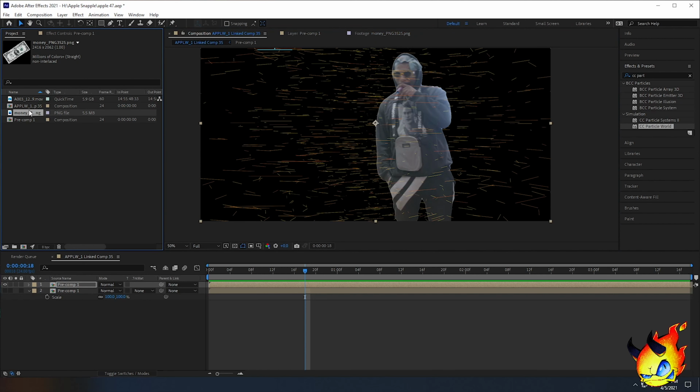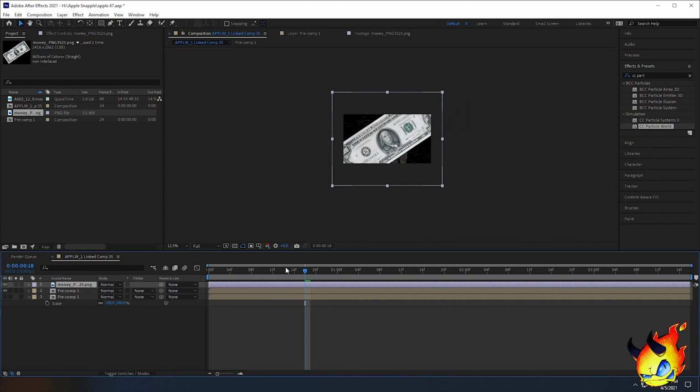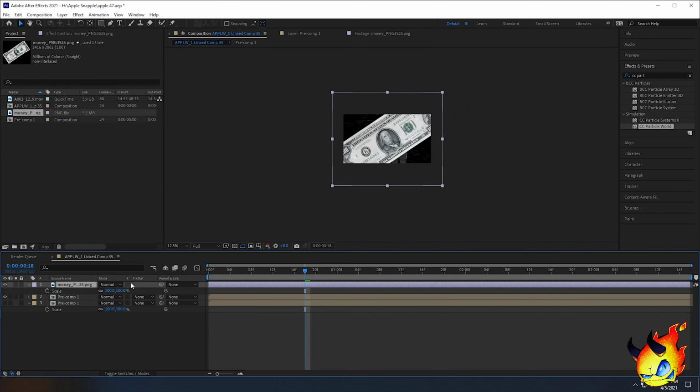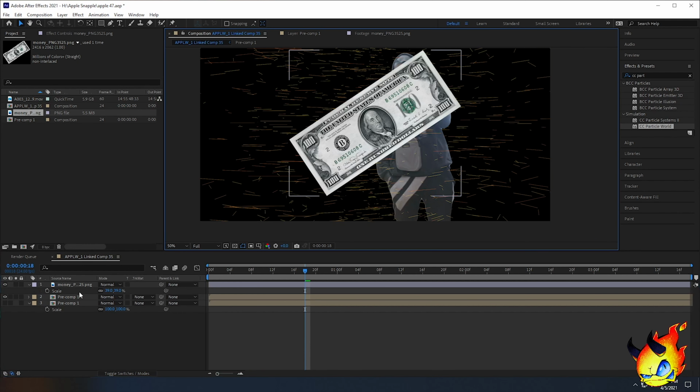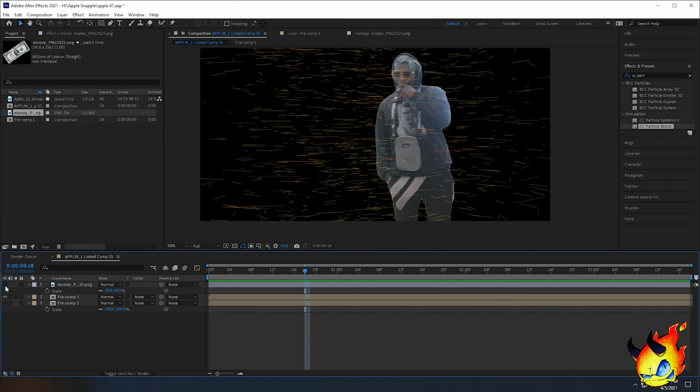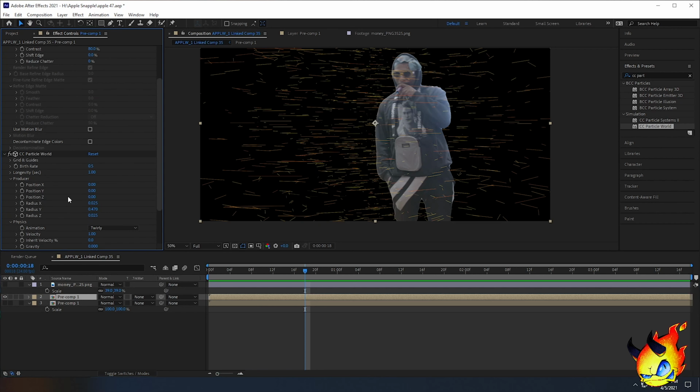So with this money PNG, I'm going to drag that onto my timeline. Go ahead and drag that onto the top. Since it's a PNG, I don't have to mask it or anything. I can just keep it like this. And now I'm going to mute it. Go ahead and hide the money so you don't see it. Select your clip again with the effect on, go back to effect controls,